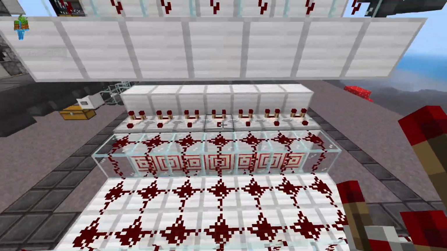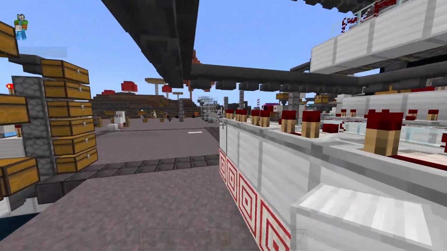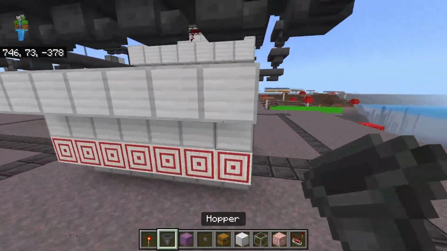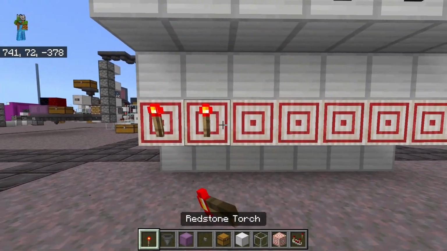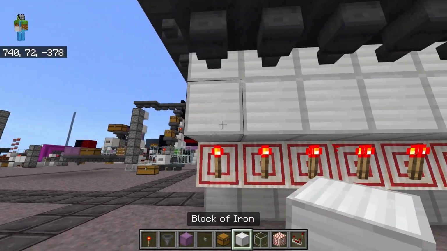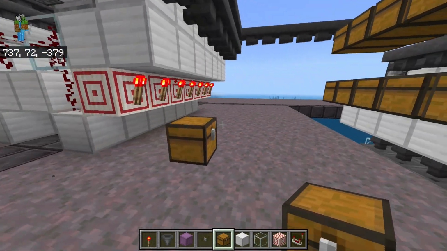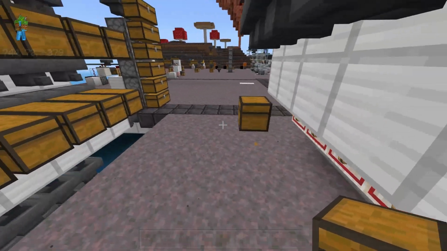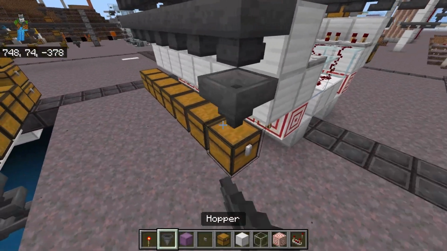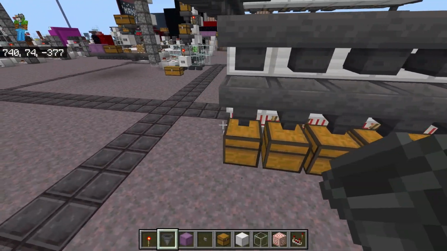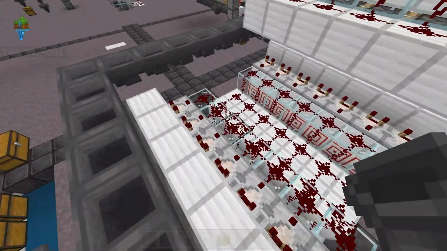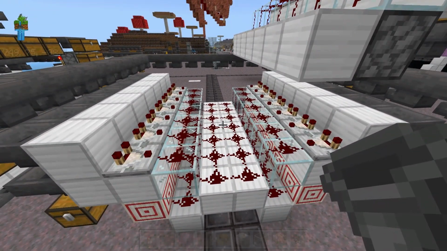But this is super helpful for condensing your storage cells. The more item sorter cells you have, the bigger this is. And so if you loop it like we did in this example, you can build some of them squished up next to each other in the back. And now you will have 2 different hallways full of chests, but what I do a lot of times is have one hallway for blocks and one hallway for items.